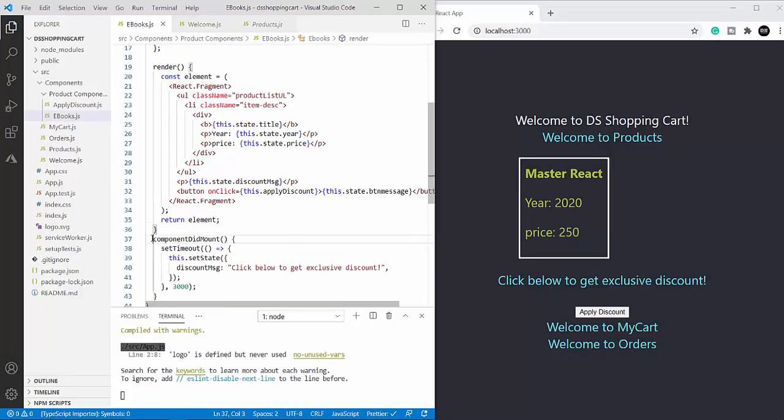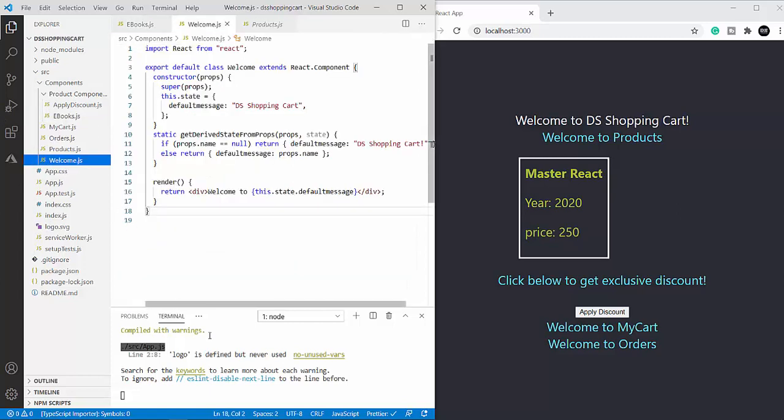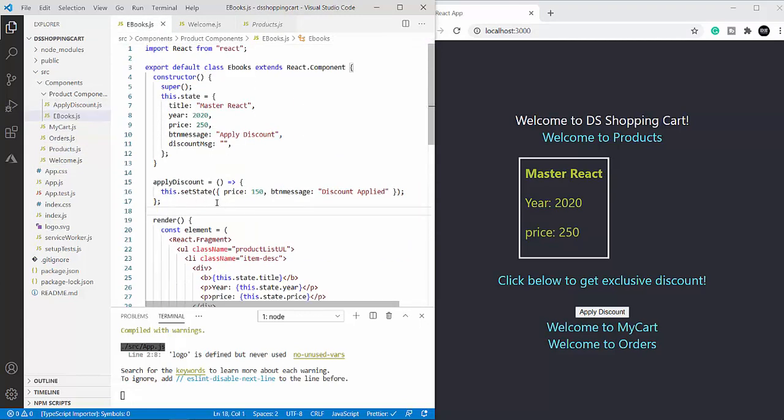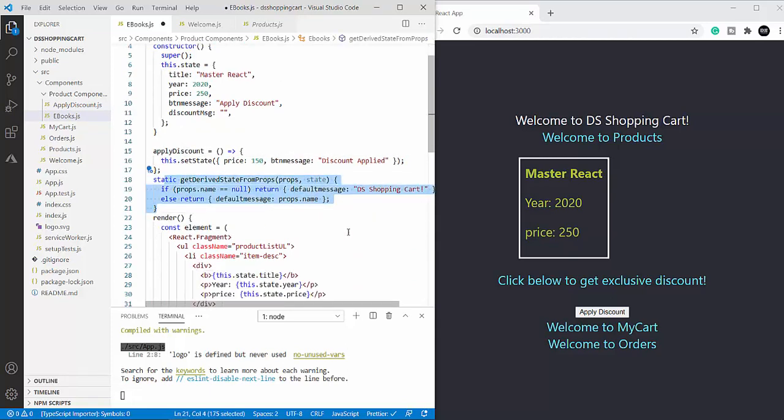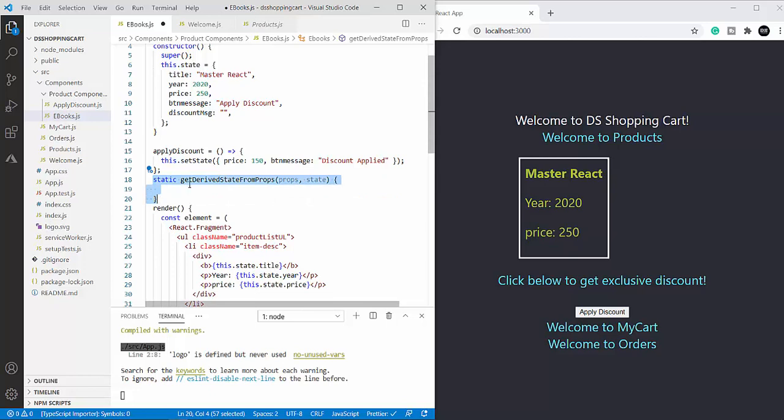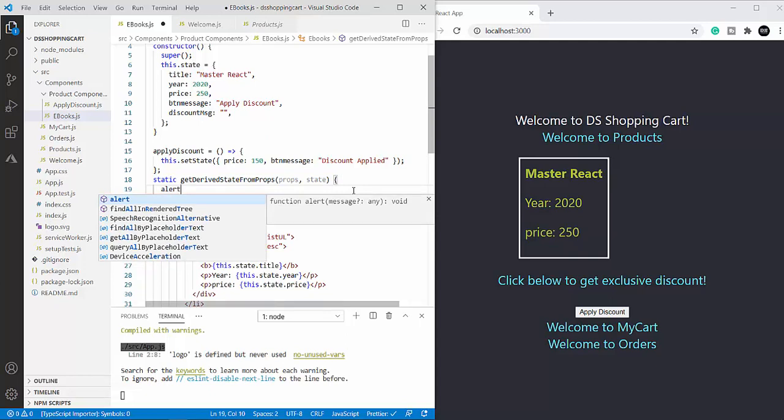Now here I have componentDidMount, and I told you previously that I'm not going to add that method over here, because we have already declared this method over here. But what I'm going to do now is copy this method, come back here, and paste it over here in order to show you how this method gets called in the update phase. Now similarly here, let me remove all this. So this is the static method, getDerivedStateFromProps. I'm going to add a simple alert over here to show you how it gets called.